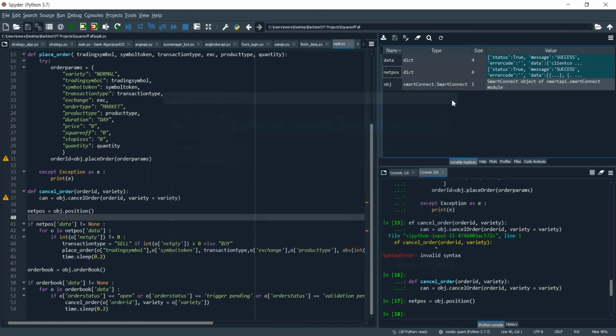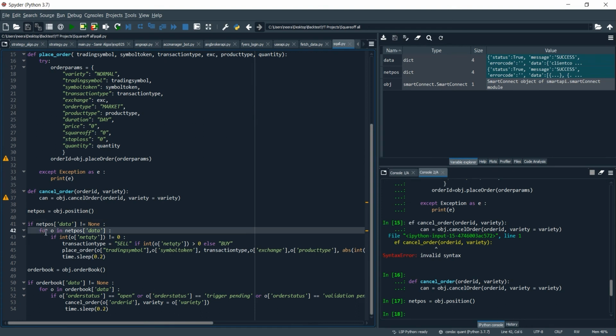So using this logic, I have created a loop wherein we go through all the net positions and check if the net quantity is 0. Alright, so if the net quantity is greater than 0, then the transaction type is sell, as we have a buy position in that, and if it is less than 0, that is if we are short, then the transaction type should be buy, and over here we are going to place the order.